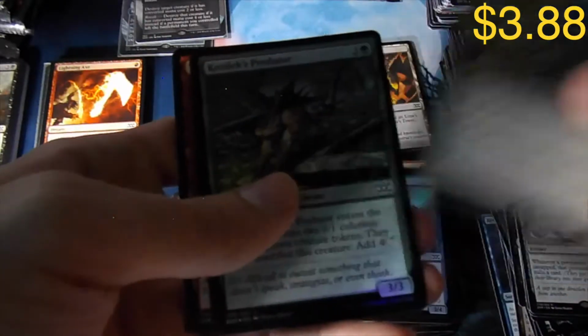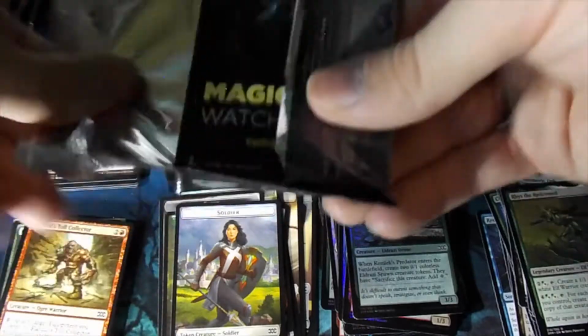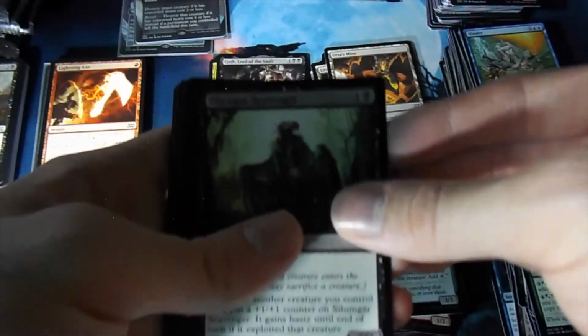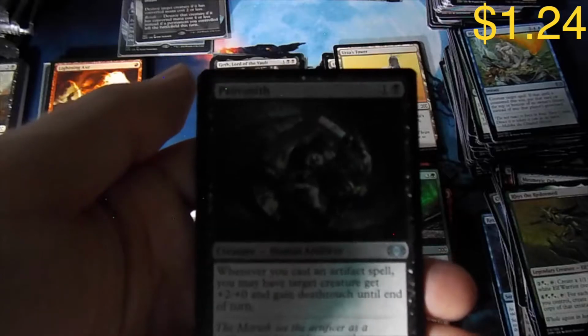Now I've got 3 of him. Wonderful. Kozilek's Predator, Thopter Engineer, and Soldier. None are... I sound less enthused as I go on, because I'm like, just give me, I don't even know what I want, so I don't know what I'm looking for. Slumgar Scavenger, Lightning Axe, Kozilek's Predator, Parasitic Strix, Skinwing, Urza's Tower, Surge Node, Strength of Arms, Painsmith,